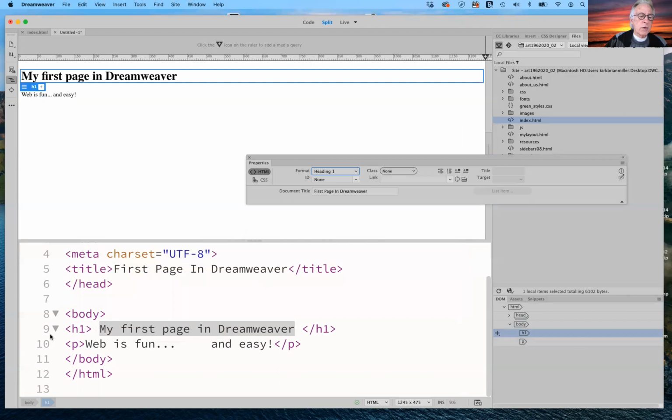And there you go. It switched from a P tag to an H1 tag, just like I had done manually. So you can go back and forth with this. You can work in live view, which you will do often, and you will work in code view. Oftentimes when things aren't looking quite right,